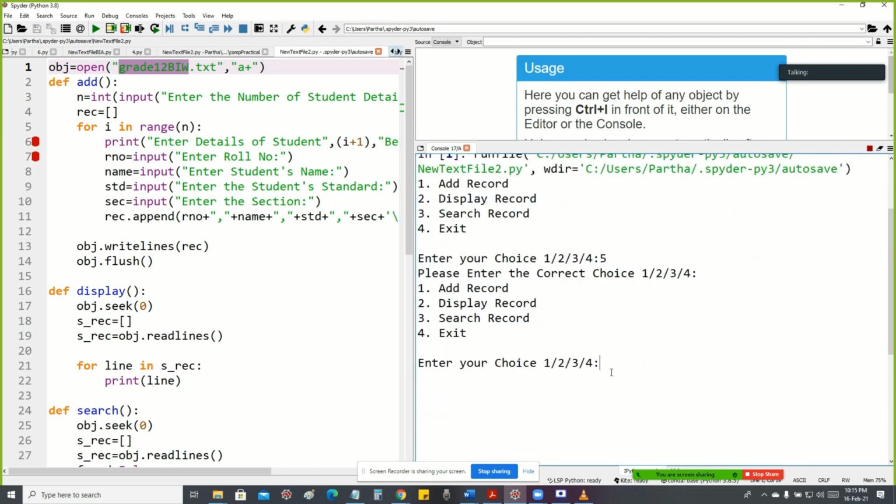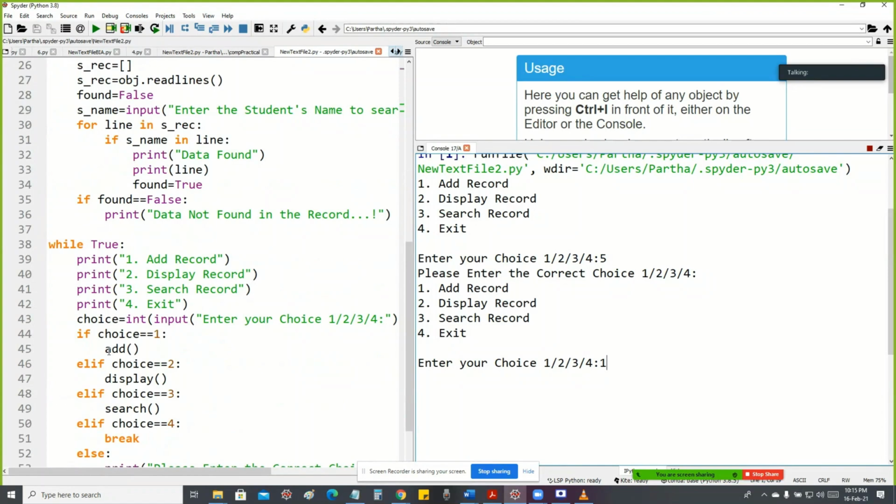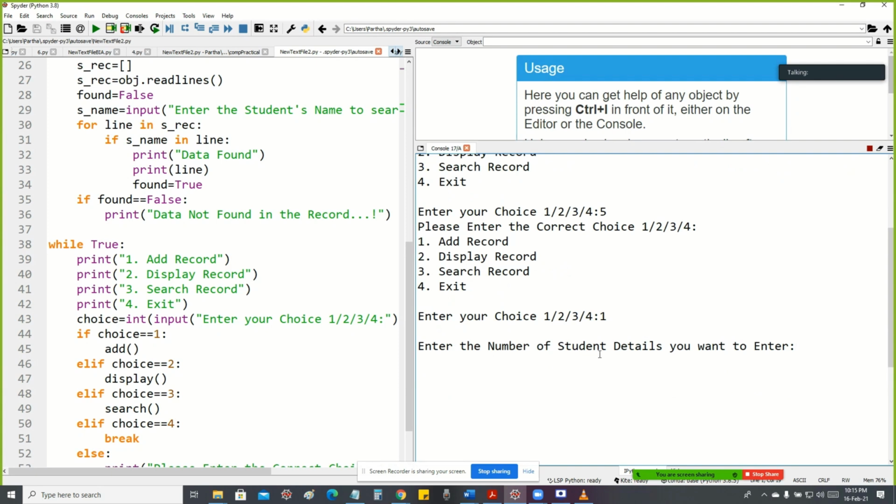Now we'll enter the correct choice. Option number 1 is the add function. Enter the number of student details you want to enter. I will add 2 student details in my record.